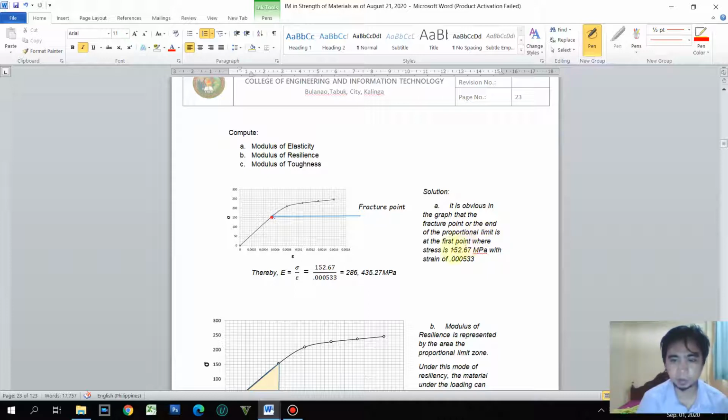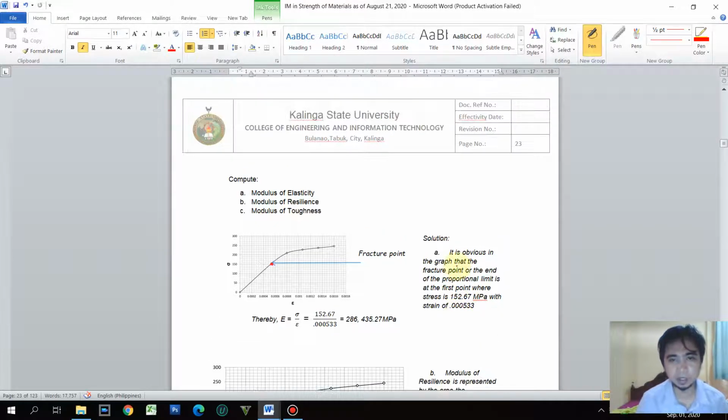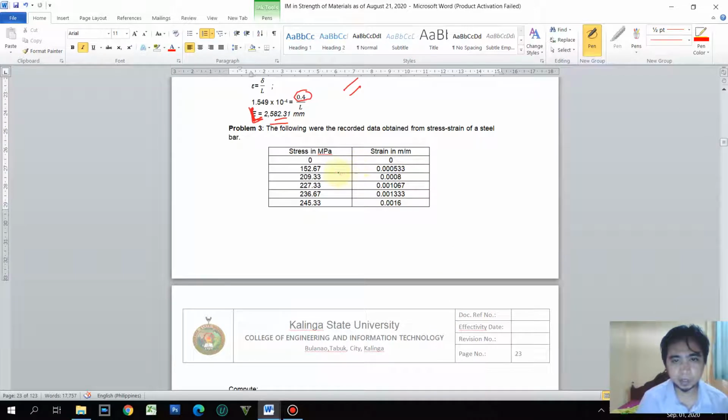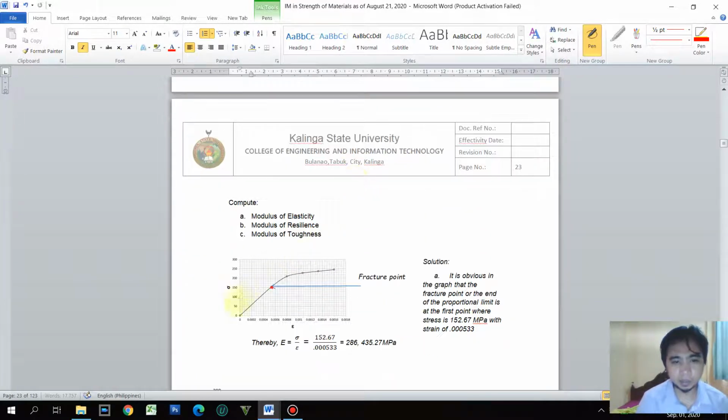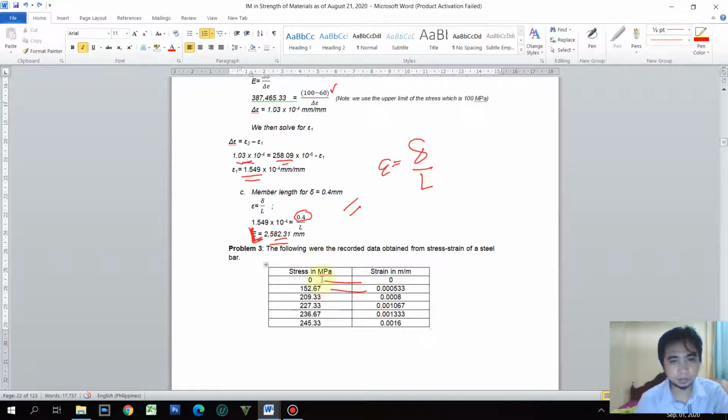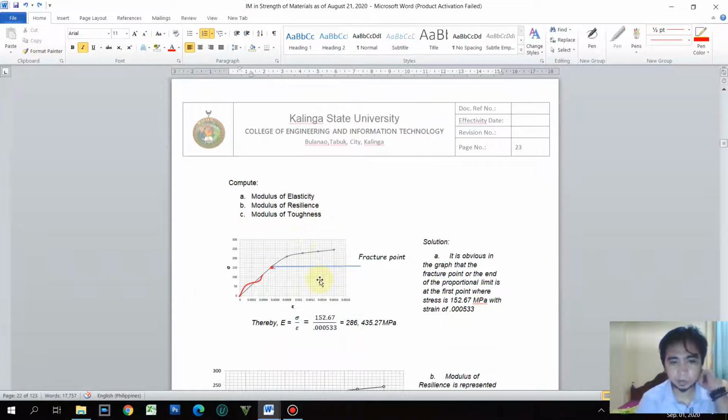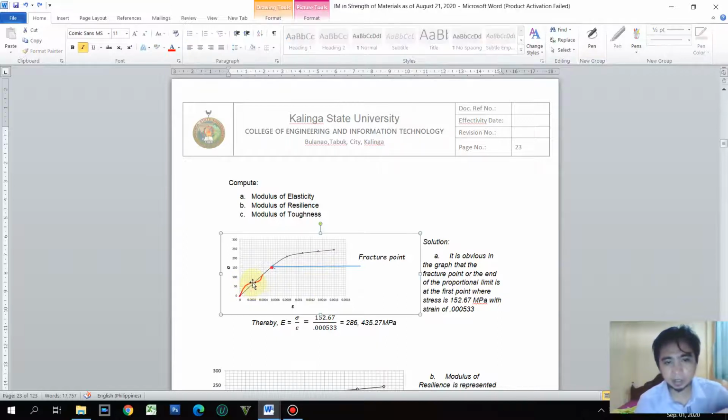at the first point where the stress is 152.67 megapascal with a corresponding strain of 0.000533. So yun pala, sa umpisa pa lang, ito na yung end of the proportional limit that is measured from 0, straight line siya hanggang dito, straight line siya hanggang doon. Okay. So kapag straight line yan